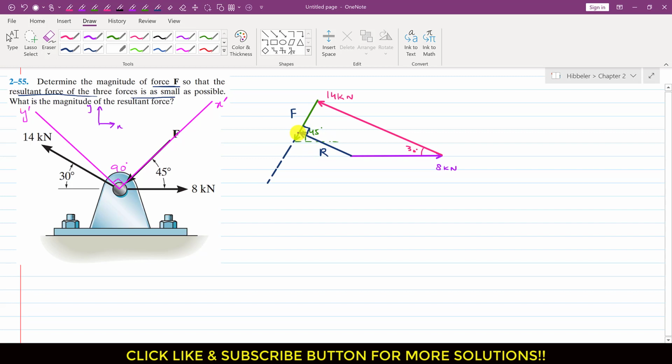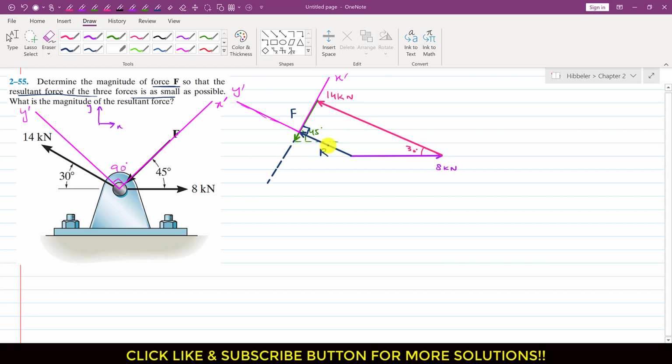Now from this graphical analysis, we can conclude that if this resultant is acting along this y dash axis, then in that particular case this resultant will have its minimum value. As we can see, if I draw the y dash axis here, like this, and this is our x dash axis, then if the resultant is acting along this y dash axis, the resultant will have its minimum value.